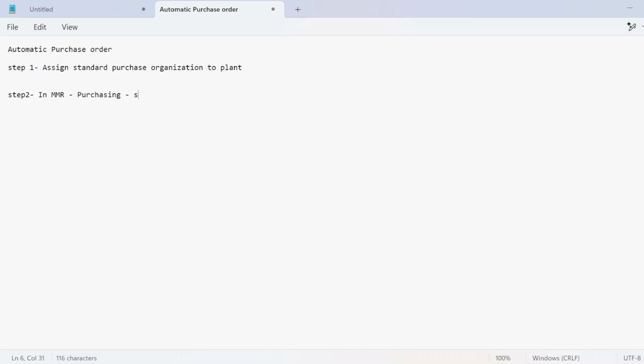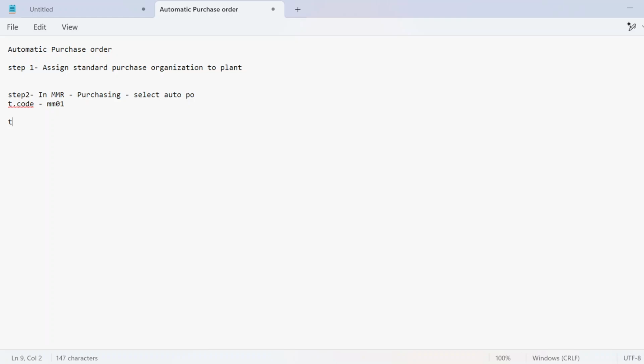In the purchasing view, we will select auto PO. So there could be two scenarios. First scenario is I'm going to create a fresh material, so I will just use T code MM01, and in the purchasing view, simply select the auto PO checkbox.